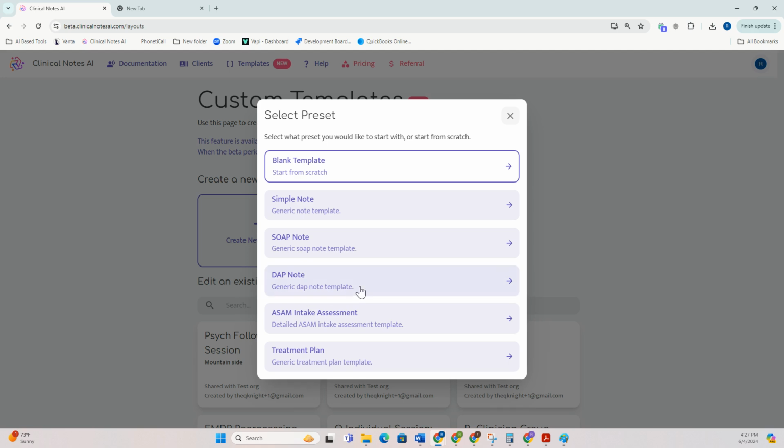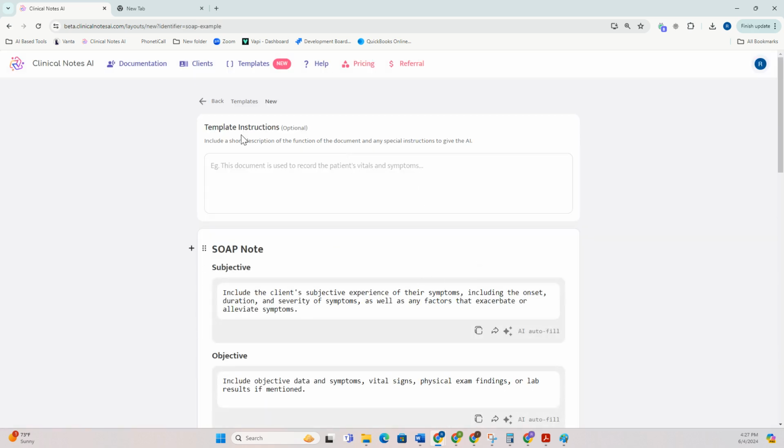Let's create one from one of our current templates. So in here, I'm going to create a SOAP note. Once I pull this template instructions up, it's going to have a couple of components. One, it's going to ask us to include a short description of the function of the document. So this will preface the AI on your behalf. So you can put something in here along the lines of this document